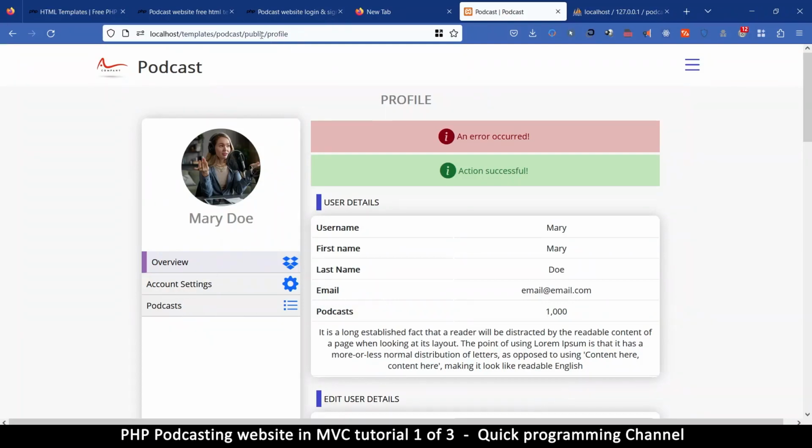So whenever we put something extra, because you know that the profile here, the word profile is the name of the controller,